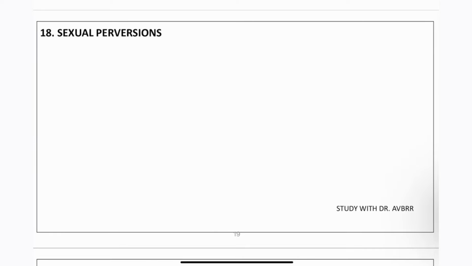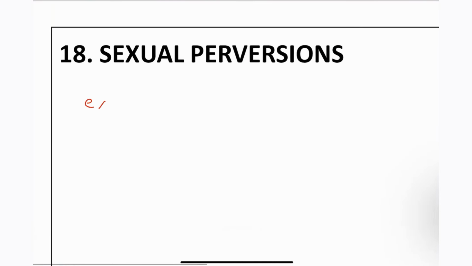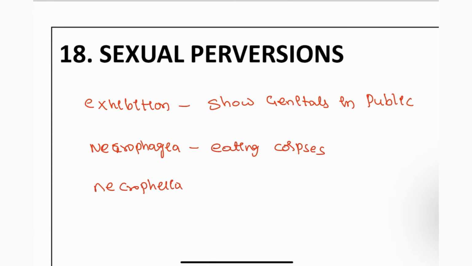The first one we are going to discuss now is going to be exhibitionism. In exhibitionism, the patient is going to show the genitals in public. That is known as exhibitionism. Okay, next, necrophagia. Okay, necrophagia, this is eating corpses. Necrophilia, this is sex with